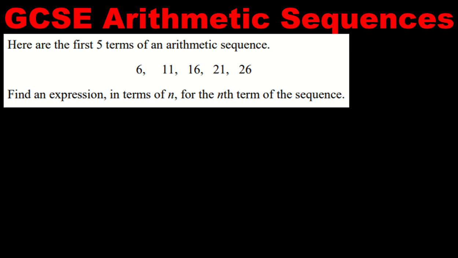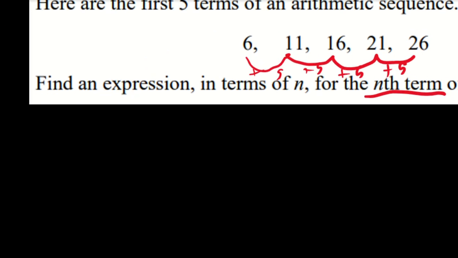So, arithmetic sequences are a sequence of numbers which increase with the same addition each time. So from 6 to 11, you add 5, and then you add 5 every time. So add 5, add 5, add 5, add 5. And it asks us to find the nth term of the sequence. So we can do this by